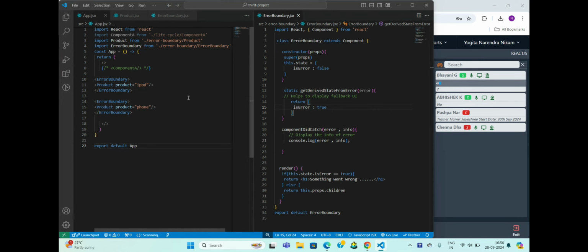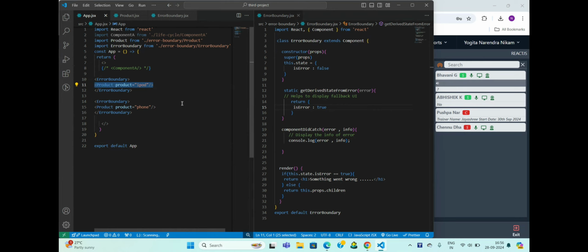I understood that concept. That is fine. My question is, we are just pasting the error boundary in app.js, right? We are checking whether the error is happening or not in app.js. Can't we check the same condition in product.jsx? No, we are checking it on product only. See, wherever you are rendering it, for that rendered thing you have to wrap it.